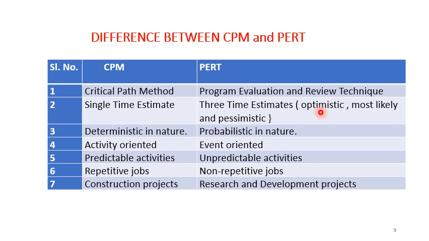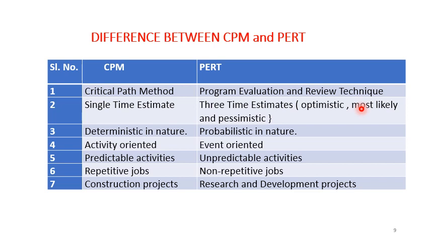And what is this most likely time? Most likely time corresponds, in statistical measures, when you talk about mean, median, etc., there is something called the mode, something that is occurring the most number of times. It's similar to that. Over a period of time, you have a measure of a particular time estimate for a delivery to that particular destination. Optimistic, when everything goes fine. Pessimistic, under worst conditions. Most likely, the normal range, what could be the time.